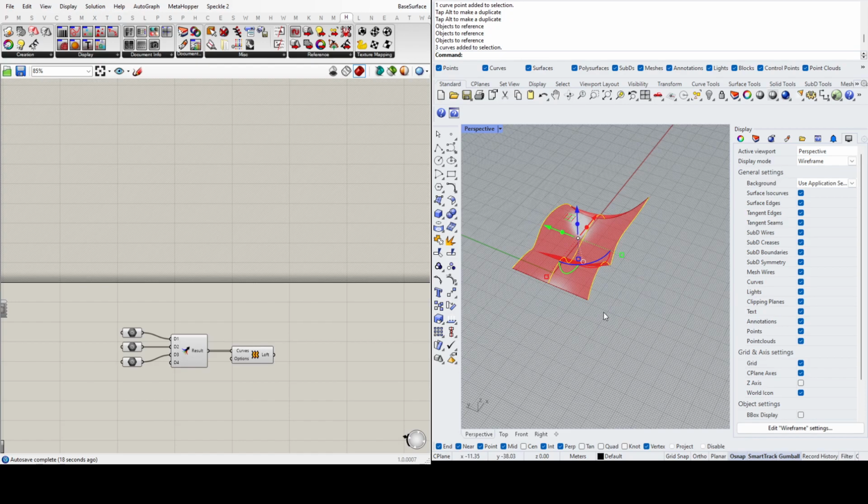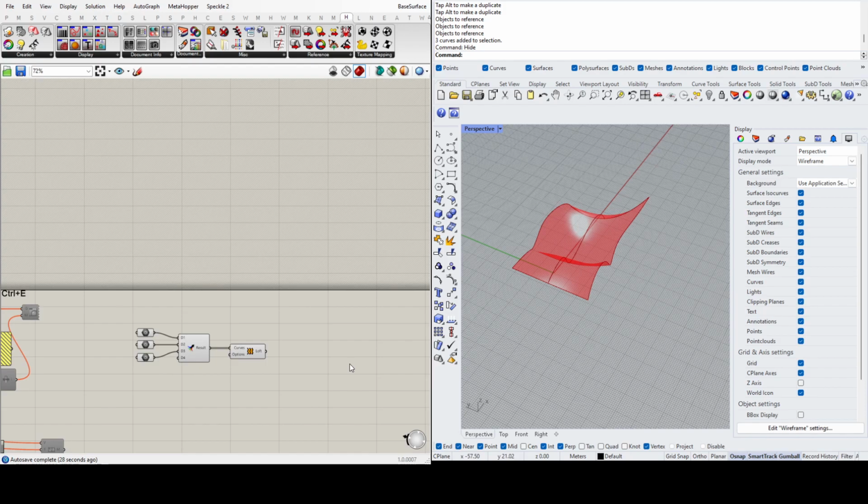Okay, so now we want to, oh, and then inside Rhino, I'm just going to select the curves I drew, and I'm going to type hide, because I just don't want anything visually obstructing my thing. So hide inside Rhino the curves that I built. Now I want to preview this, so I'm going to go custom preview, plug the loft into geometry,